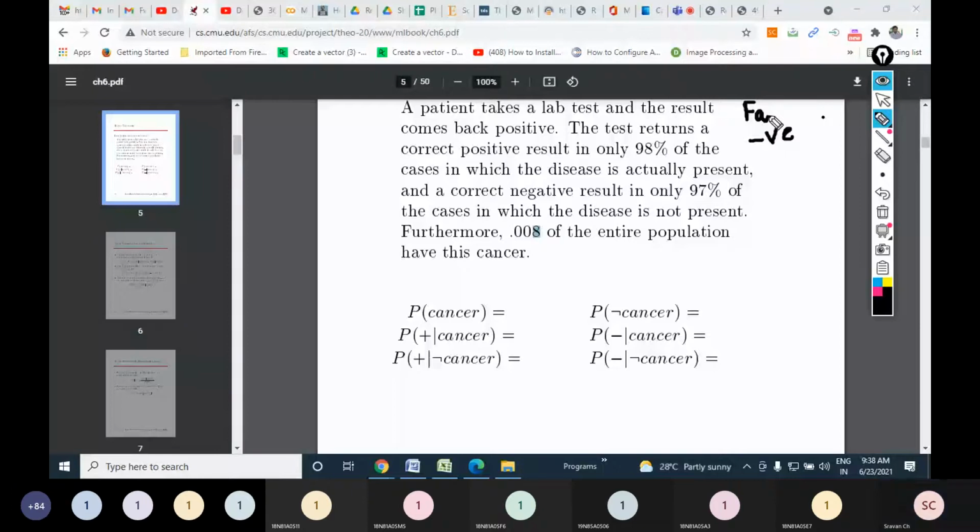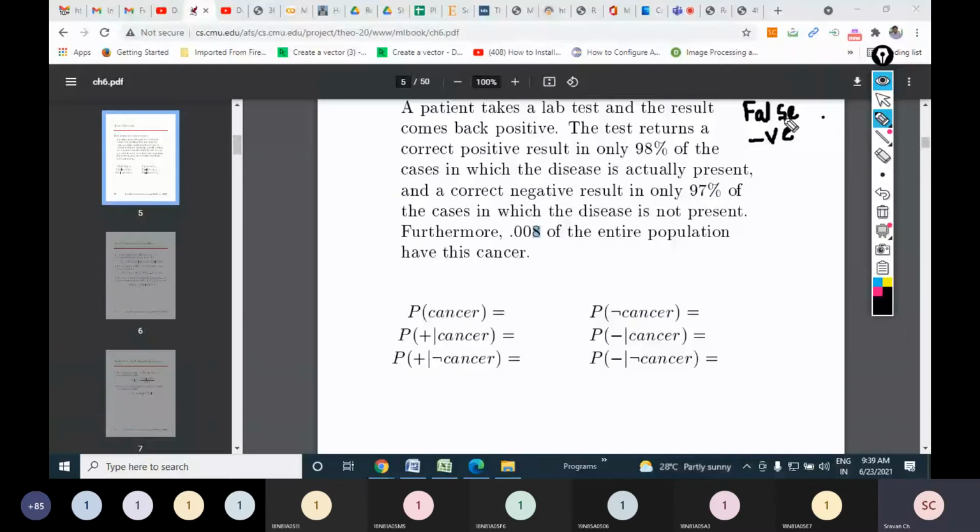False negative means the person has actually got the disease, but our program says the result is negative. So for positive people, 98% of the time it is giving the correct answer, and for 2% of the people it is giving the wrong answer. For positive people it is saying negative, that they don't have cancer. So these 2% negative answers, which are actually positive, are false negatives.